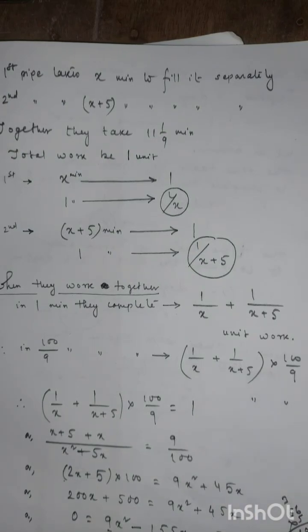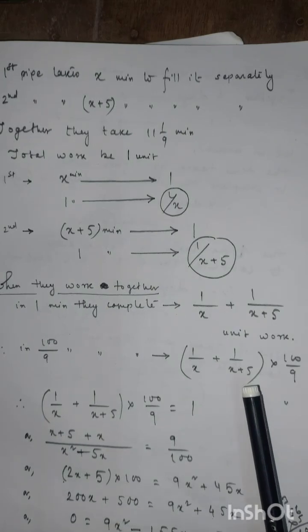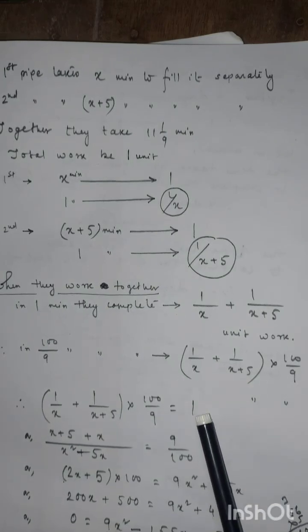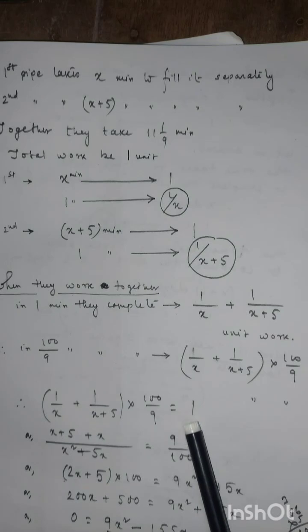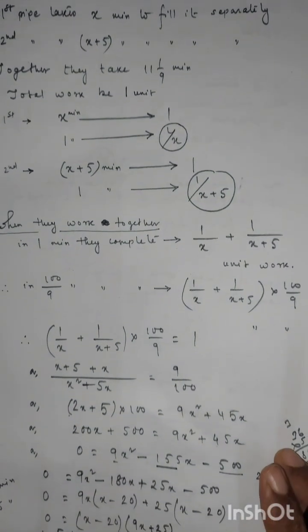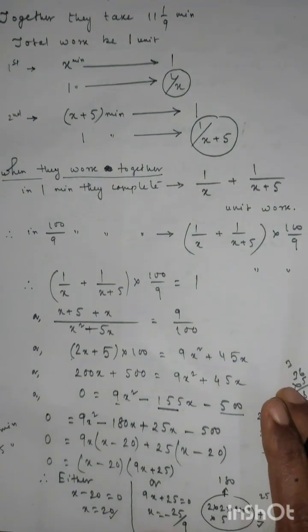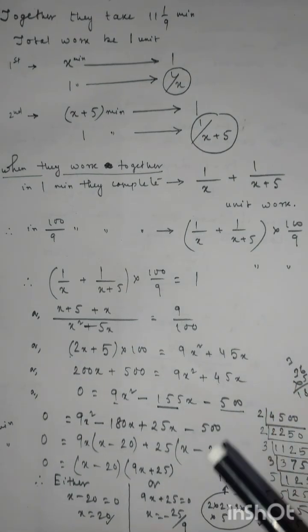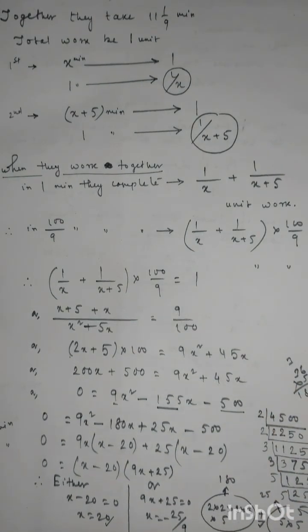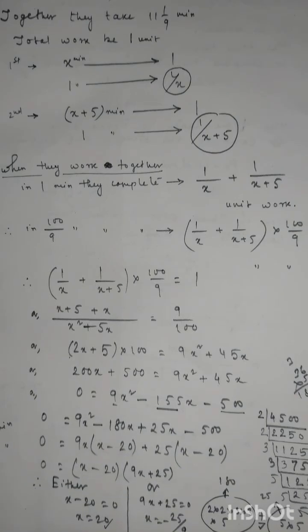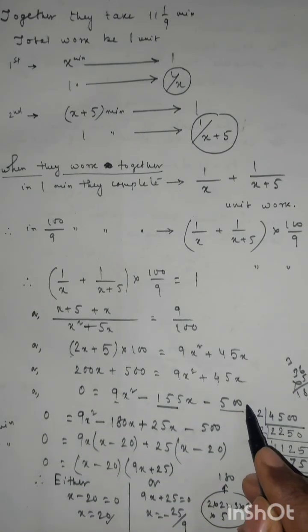That means 1 unit of work is completed. So this much work should be equal to the total work, that means 1. Now if you simplify it, you will get this equation,